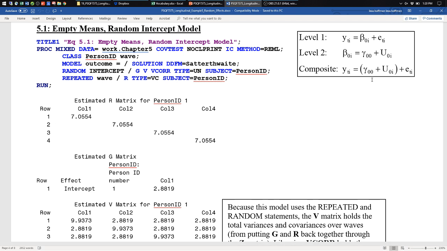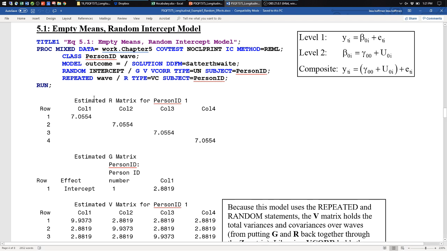So in terms of terminology, I would call this a random intercept model. If I were listing everything that's in the model, I would say it has a fixed intercept and a random intercept. But the way that random effects work is that they are always phrased as deviations from a fixed effect. So it is assumed if you have a random effect, you have the fixed effect that goes with it. So I don't have to mention that I have a fixed intercept. It's implied by the fact that I also have a random intercept deviation from the fixed effect. Does that make sense? Okay.